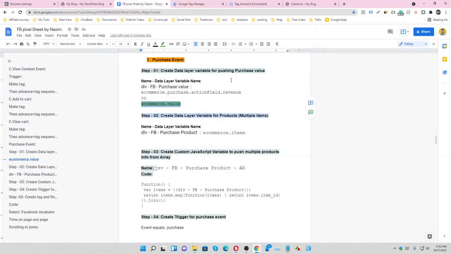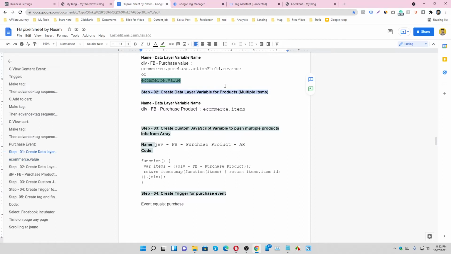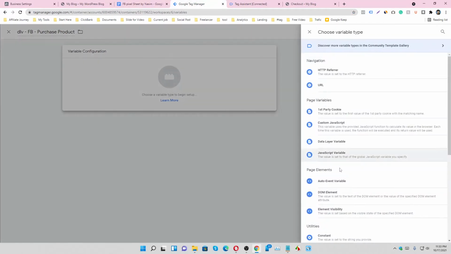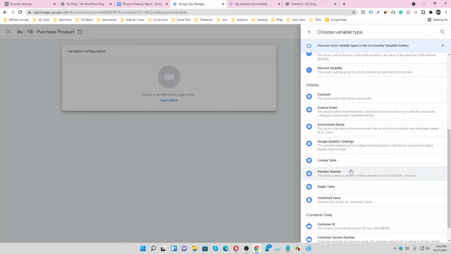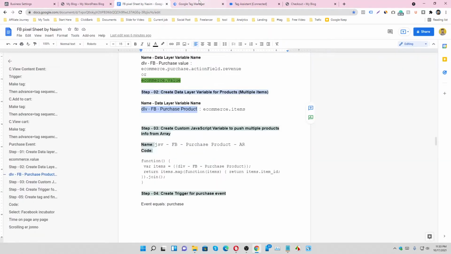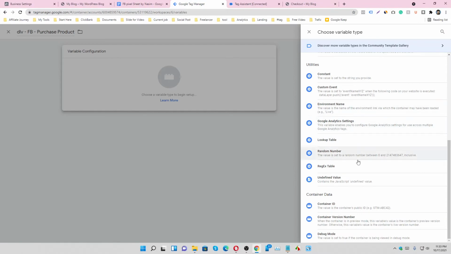And we also track the product items dynamically. That's why we have to make purchase product. Rename it and this one will be data layer variable.